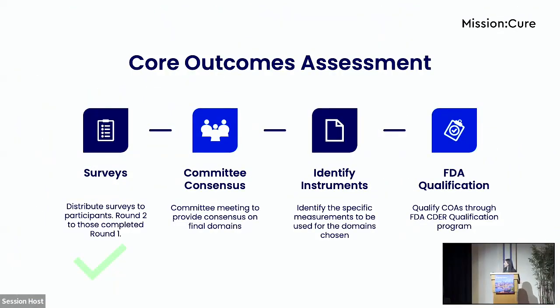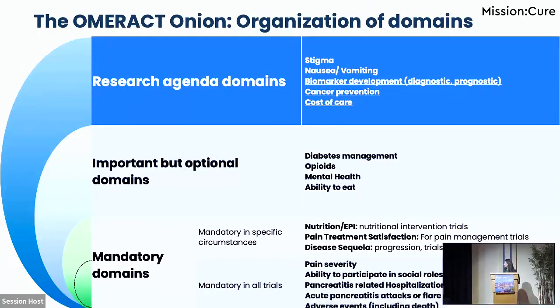And that's what I'm going to talk about next. So once the surveys were completed, the committee got together again to vote, to do the final voting and to categorize the domains. So again, this is the onion, and the committee categorized the domains into the onion, where pain severity,